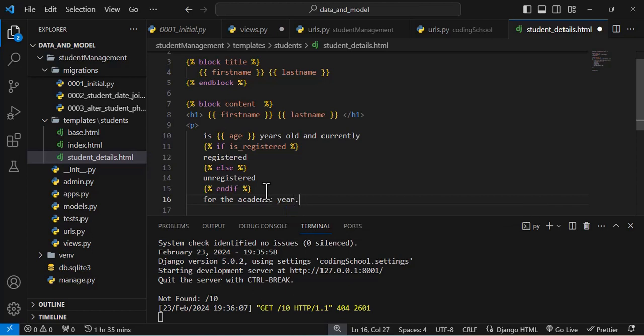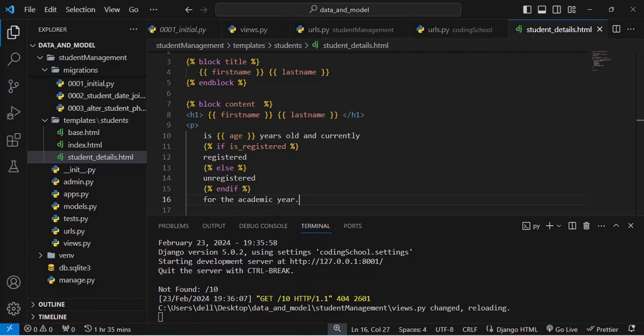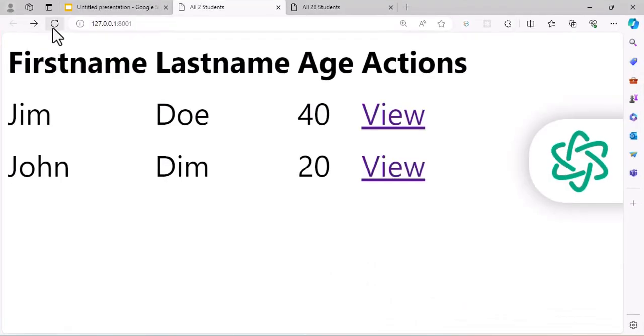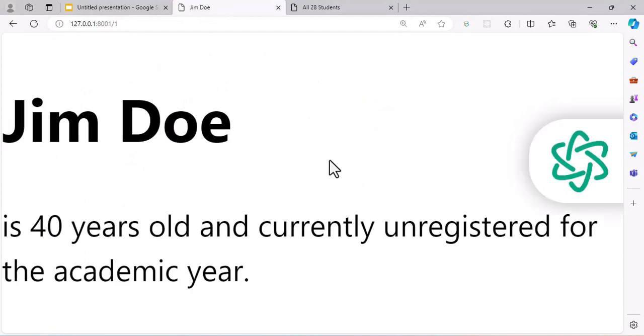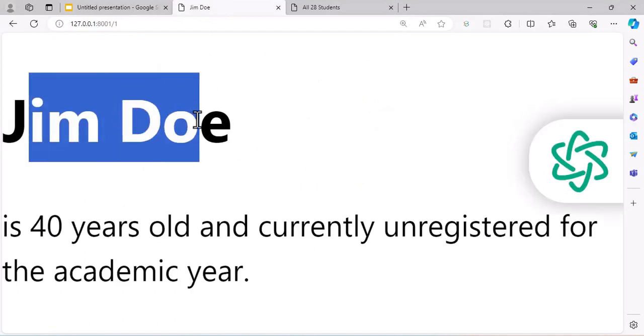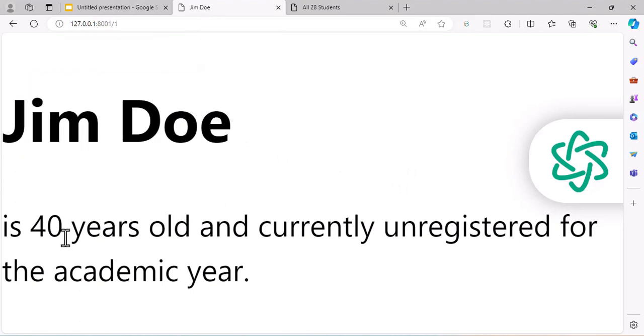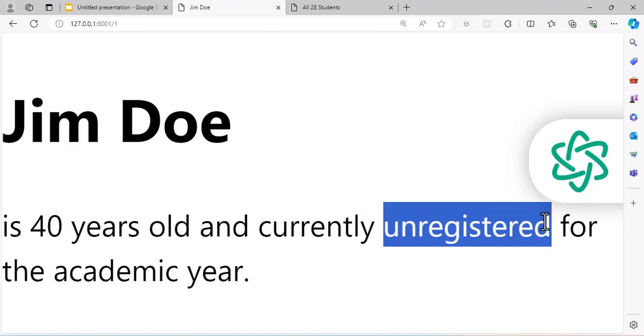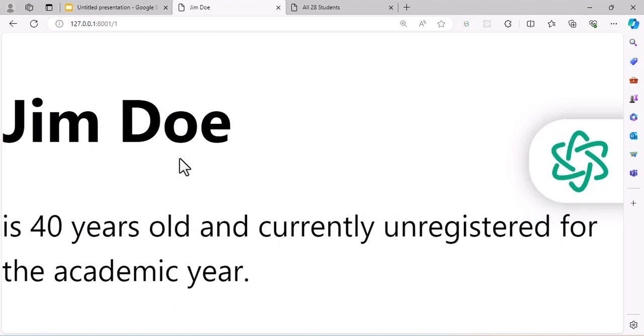academic year. So let's see that in action first. So now that we have that, we refresh. All two students, the two students are here. We then click. Now you can see I have John Doe, which is the first name and last name. You can see that in the title we have the name of the student, and we can see that he's 40 years old. This is dynamic content and currently unregistered because registered for this particular user is false